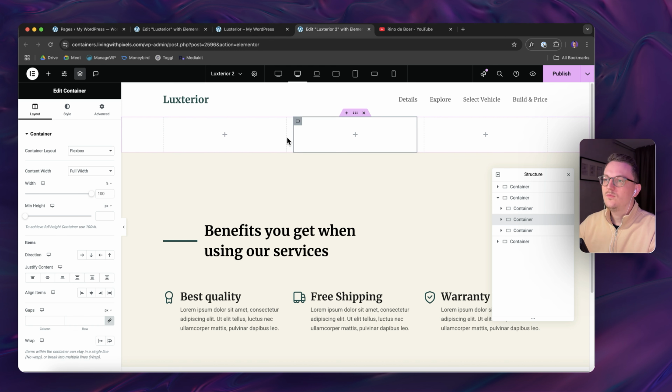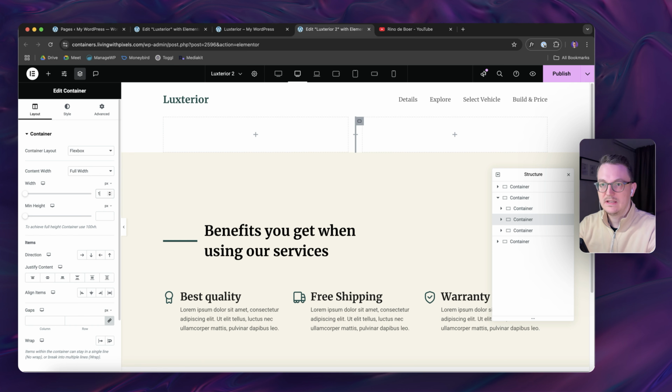The middle one, we want that to be the same as the main box. So our header over here is 1120 in width. So we still have some space on the left and on the right. So we're gonna make this middle container 1120. It's already on full width, that's fine. We're gonna put it on pixels and we're just gonna type in 1120,